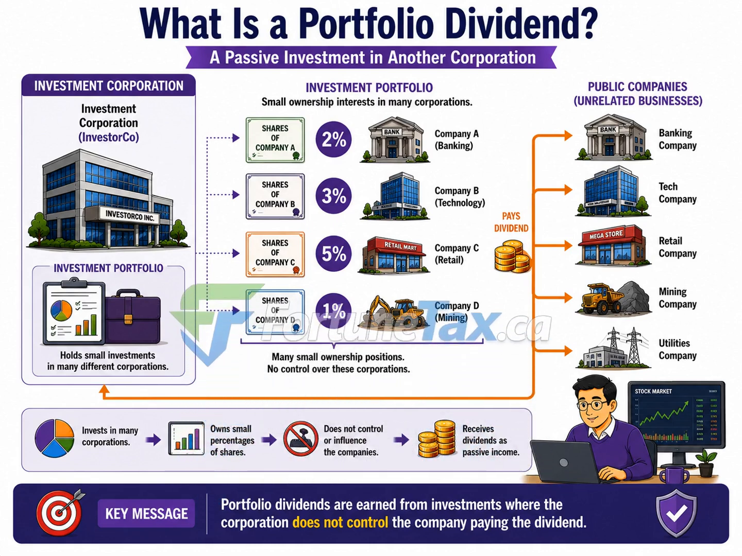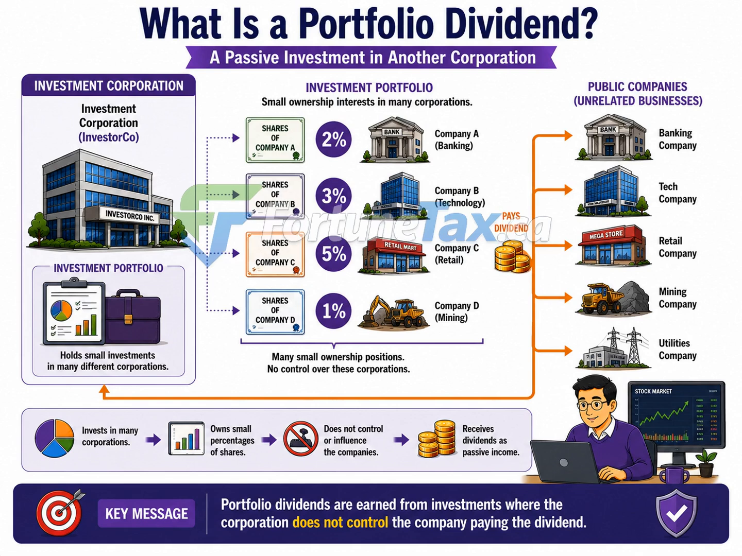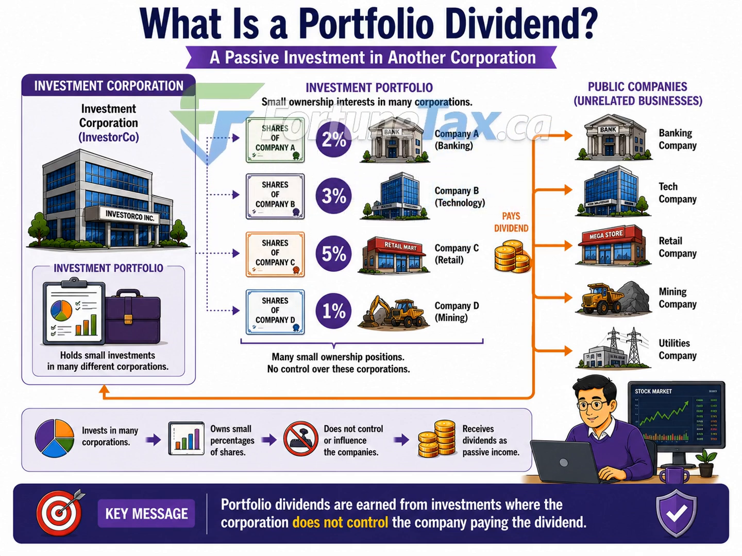Unlike connected corporations, a portfolio dividend is received from a corporation in which the investing corporation has only a small ownership interest. The corporation is simply investing its surplus cash, much like an individual investor buying shares through the stock market. Imagine that an investment corporation purchases small percentages of shares in several different companies. It might own 2% of a bank, 3% of a technology company, 5% of a retail company, and 1% of